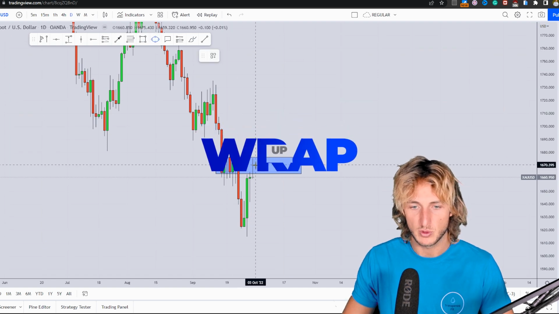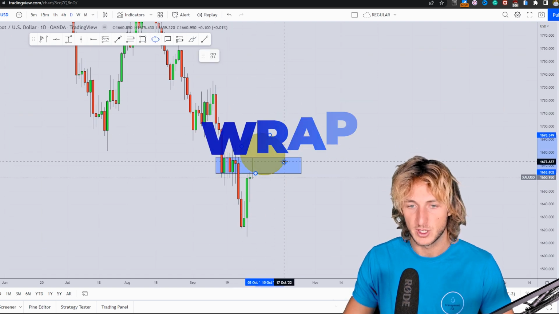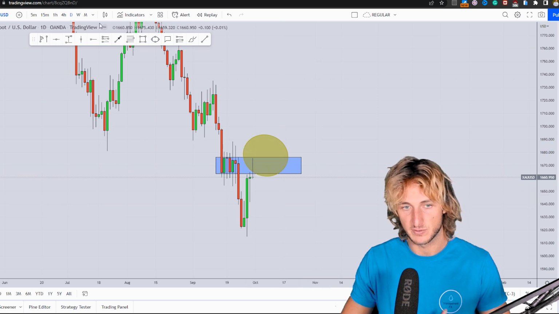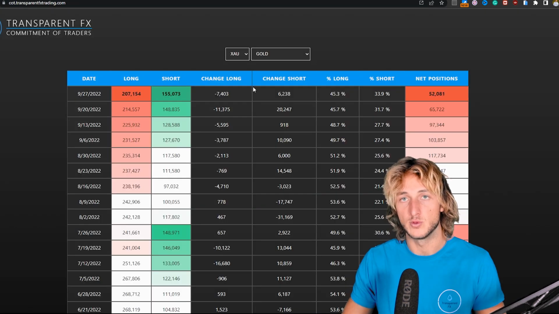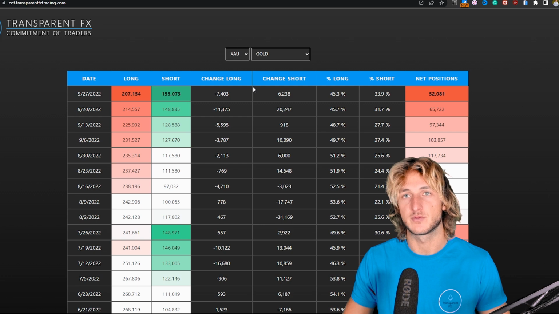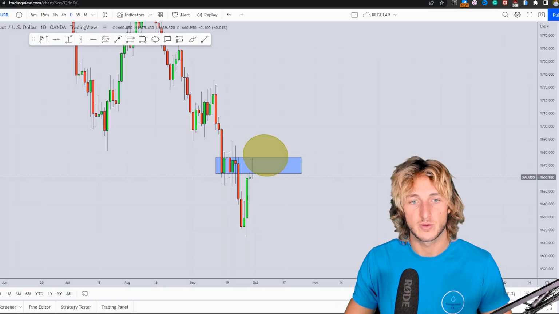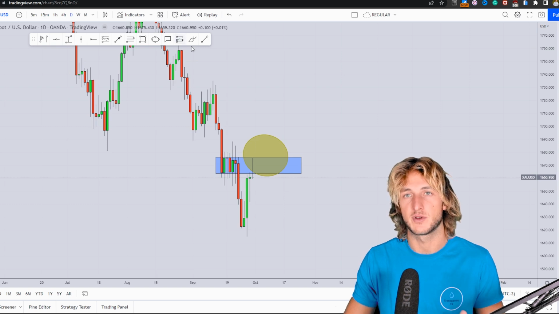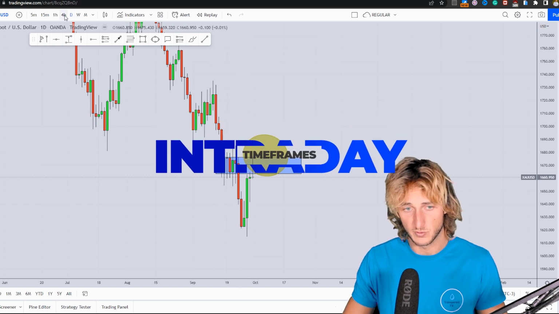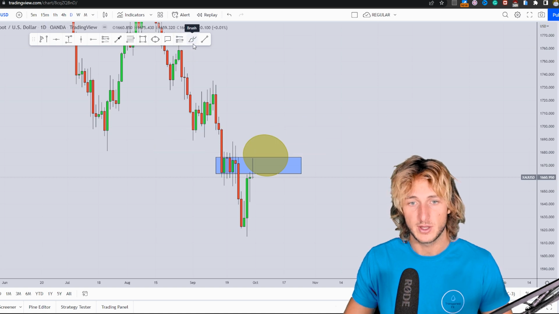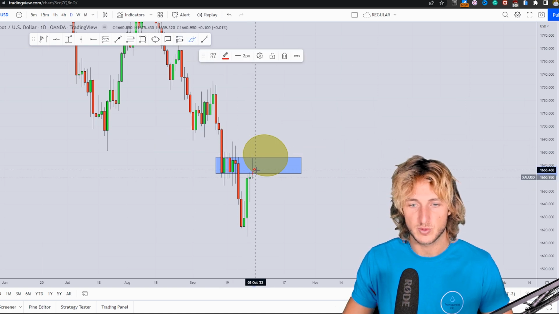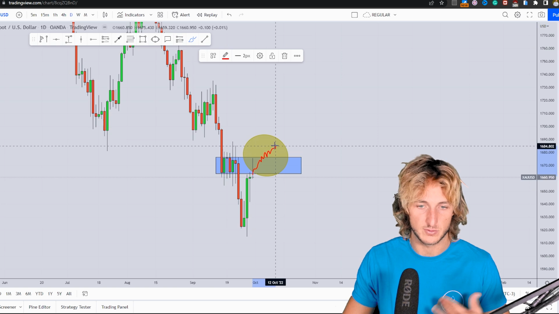So how could we be approaching such a move? Now, as usual, trading is reactive and not predictive. The monthly, weekly, and daily, combined with the COT data, those are the best time frames when it comes to the directional aspect of the market. However, when it comes to confirmations and entries, the best time frames are the intraday time frames, so 4-hour and lower. Therefore, what we could be doing is monitoring price action from an intraday perspective during this move to the